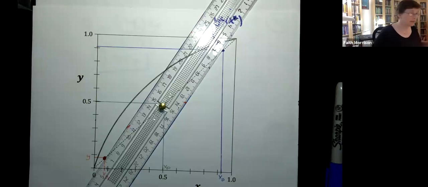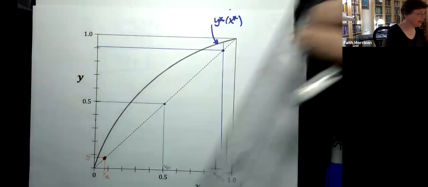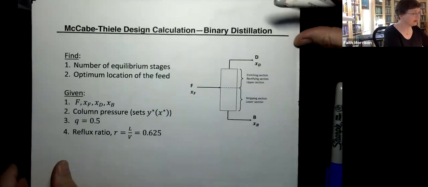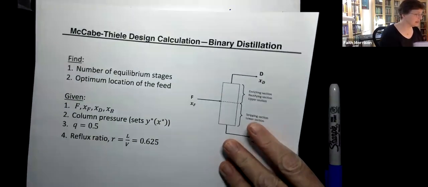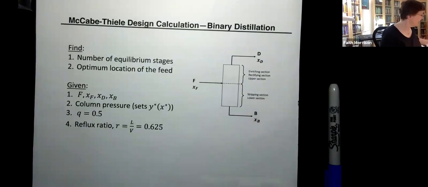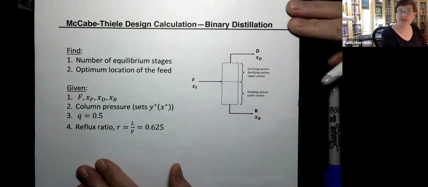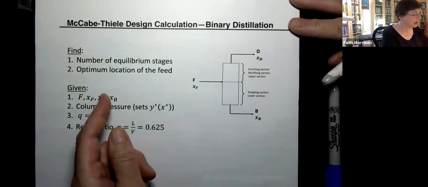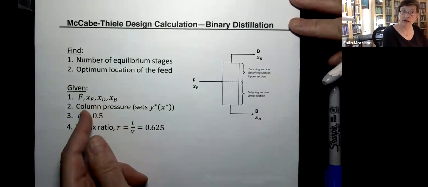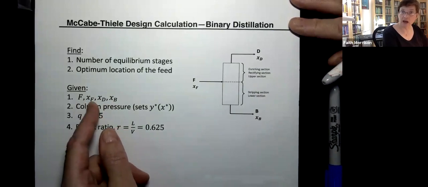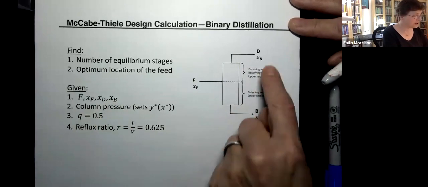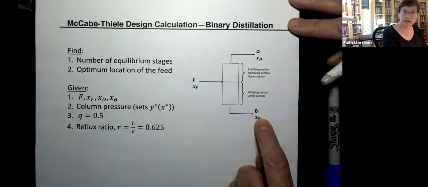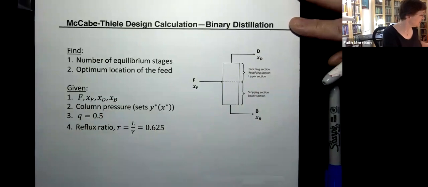So here's the problem that we want to consider. We have to consider a problem that's related to the design of a distillation column. So we want to find the number of equilibrium stages in a distillation column, given the feed conditions, both the Q and the composition and the molar flow of the feed, plus the compositions of the distillate and the bottoms, the column pressure, which allows us to look up